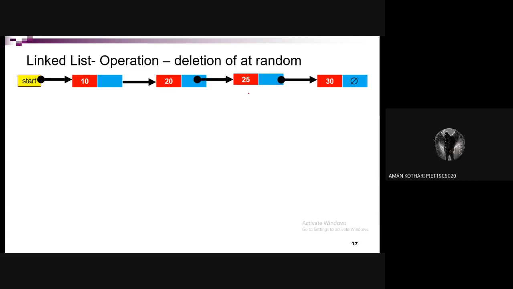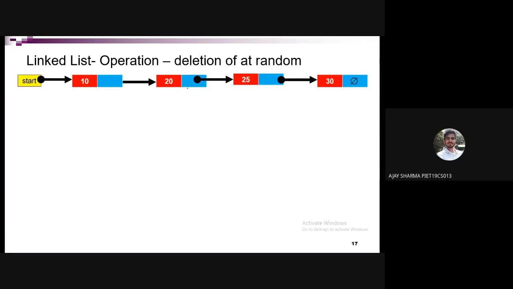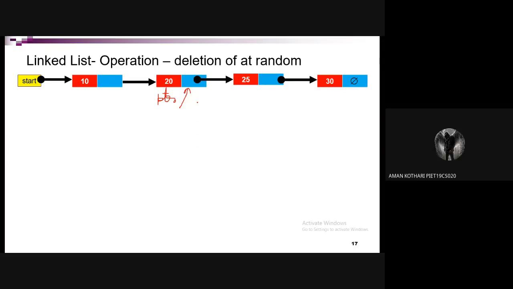So we will traverse till 20. Very good. We will traverse till 20. Then we will delete PTR next. No, Ajay, you are not supposed to ask. Okay, this is PTR. We have traversed to 20, and PTR is now pointing to the 20 node. Now what we need to do? Sir, we will free the PTR next. No, sir, we will break the link and create the new link to PTR next to next.